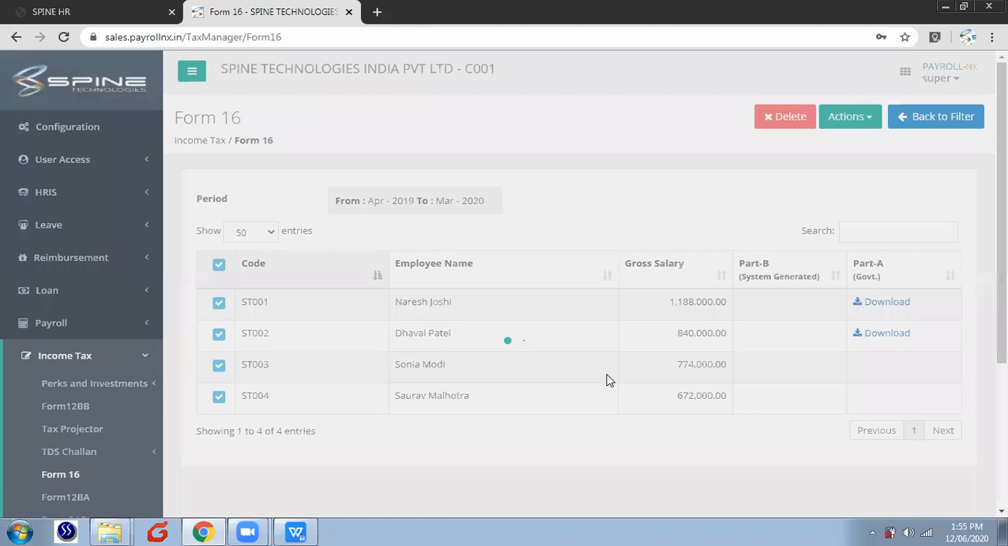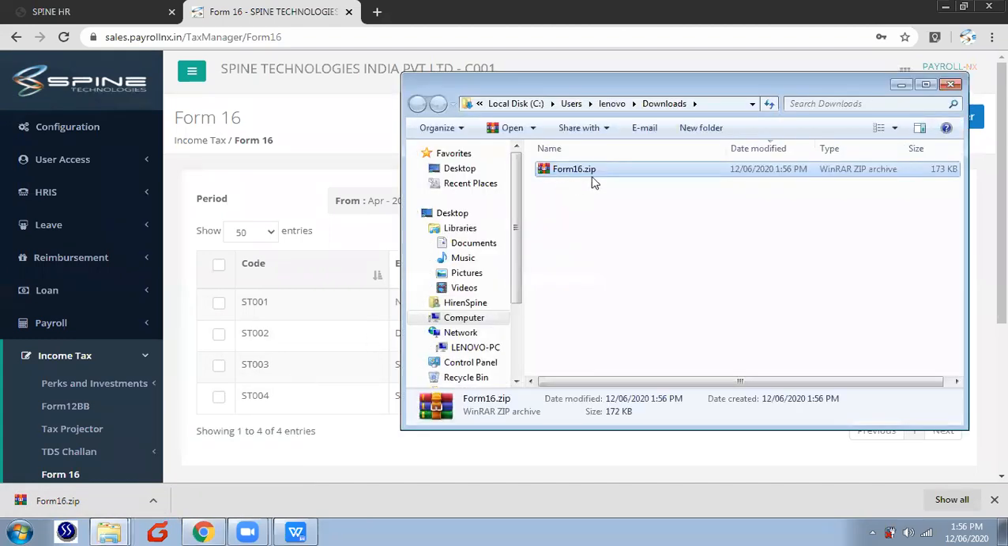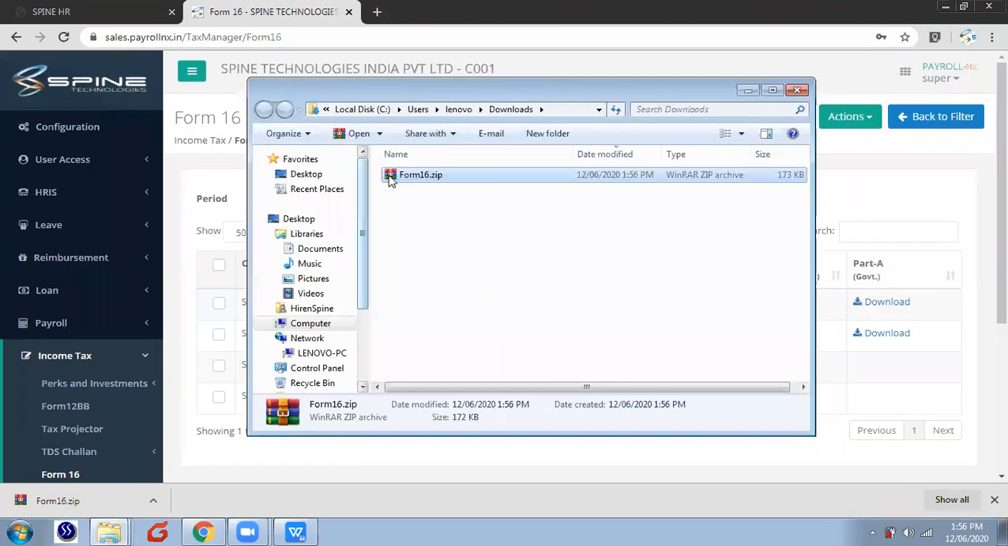The system will process. So now Form 16 is downloaded for all of the employees into the zip folder, and the system will also allow us to download a single Form 16 from here only. If you want to download Form 16 for any single employee, then by clicking on this link, we can easily download it from here. And if we have to check Form 16 PDF for all of the employees, then we can check the zip file. So I copy this zip file from one location